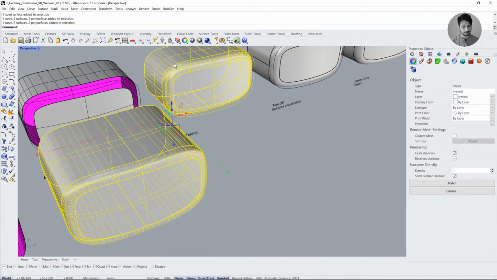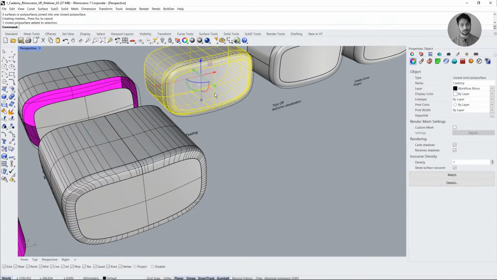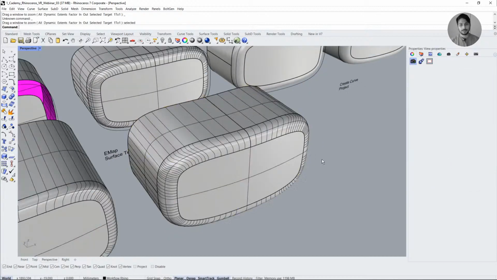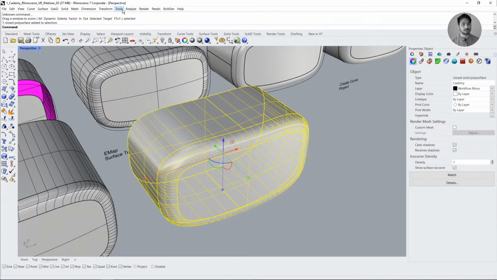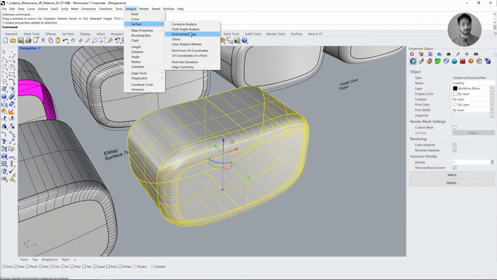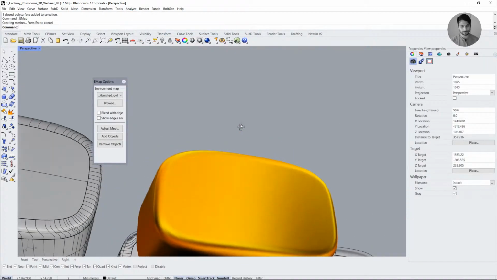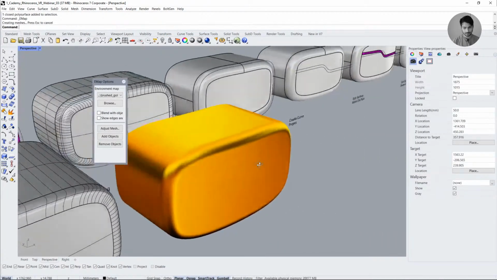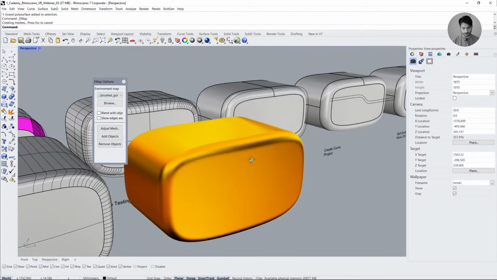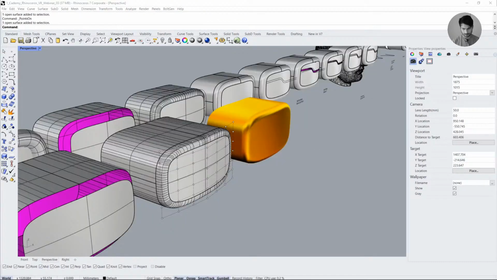So if you want, you can check this geometry. If you're lagging behind, you can join it, and let's pull it back by 200 units. And you can see how it looks under EMAP, Environment Map. There we go. Is trimming the surface and creating a new surface going to mess up the UV when we are